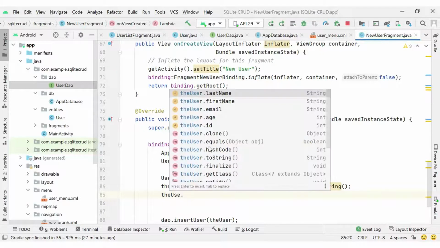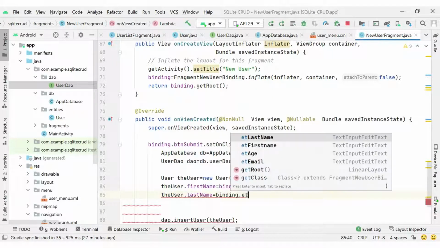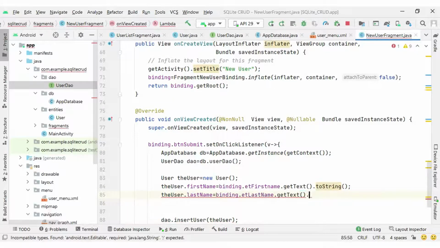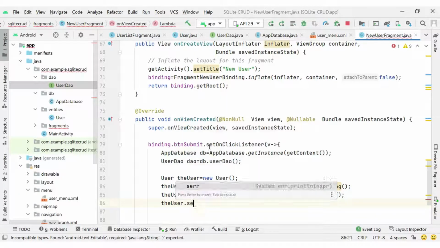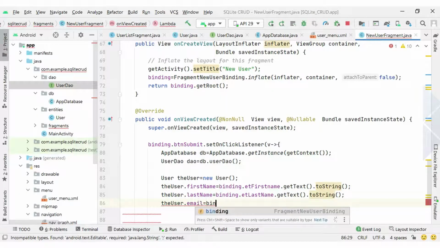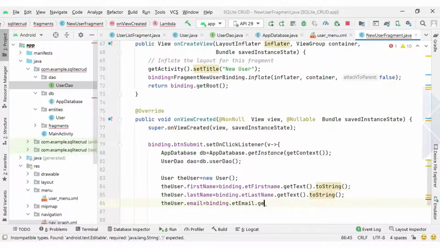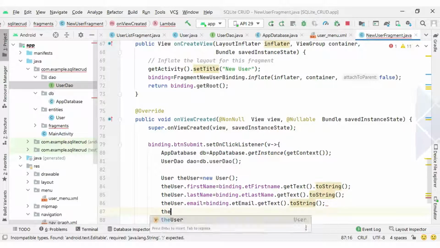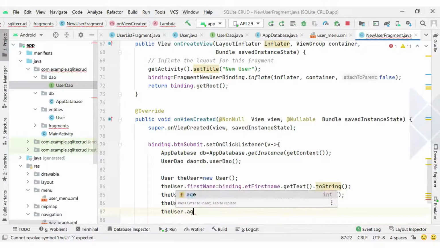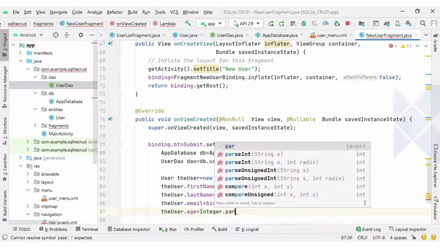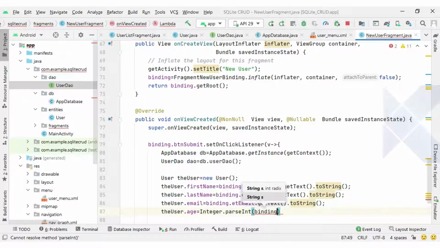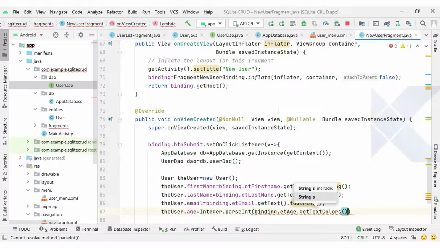So user.lastName equal to binding.etLastName.getText.toString. Similarly, I will set the email here, email equal to binding.etEmail.getText.toString, and finally I will set the age of the user. Age is an integer, so I need to cast with Integer.parseInt on binding.etAge.getText.toString.